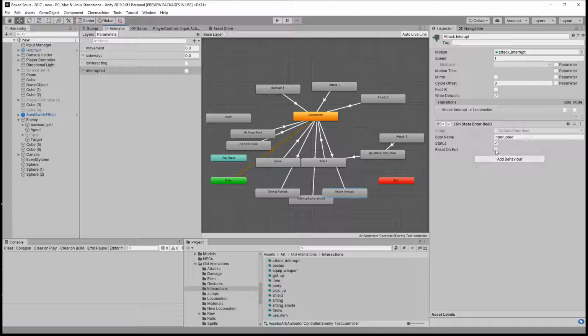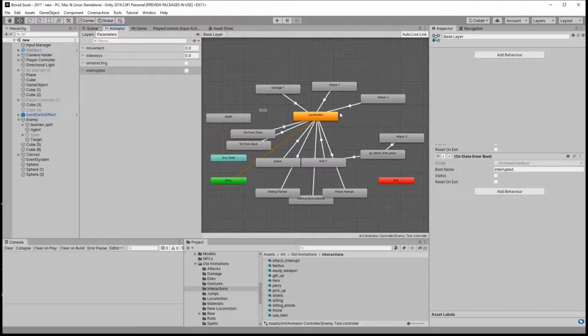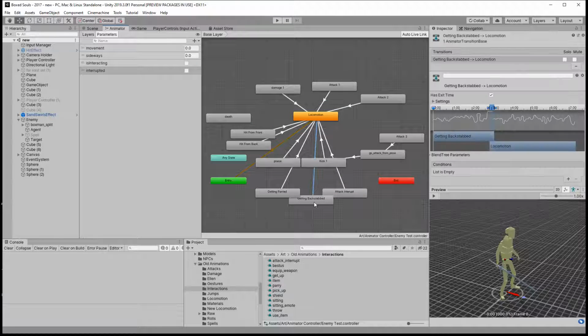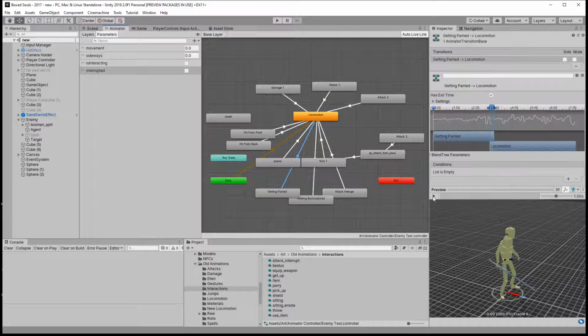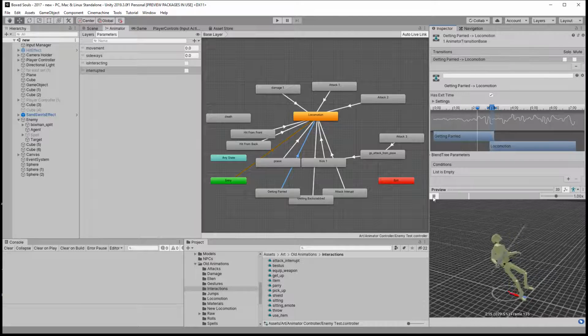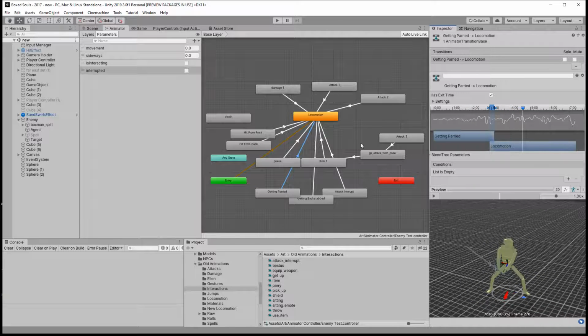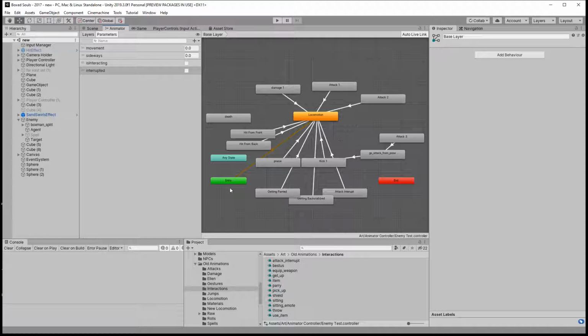We can also say that reset on exit, but I'm just going to keep both of them, because even if I fall or this in the animation interrupted, which shouldn't, then that means we're going to be going onto this locomotion animation. Okay, and for getting stabbed and getting parried, that will just stay like that, and we'll see what we're going to do, because we're going to have to make him get up as well from that, which obviously we don't have any animations, so we'll see. So we got these two,